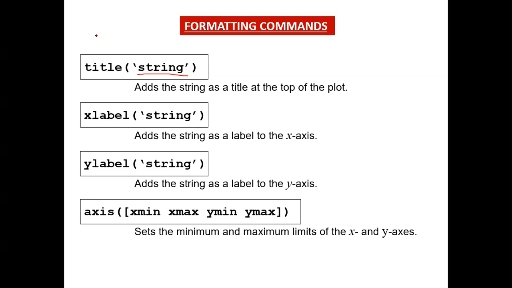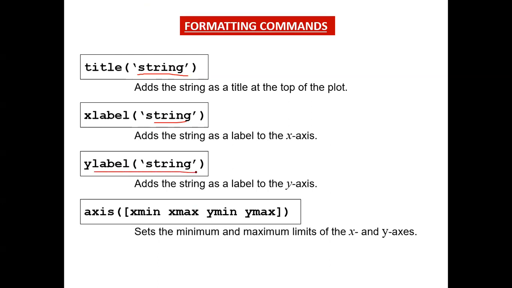We can also add a label for either the x-axis or y-axis. For the x-axis, it is xlabel, then string, which adds the string as a label to the x-axis. Then we add ylabel, which adds the string as the label of the y-axis,